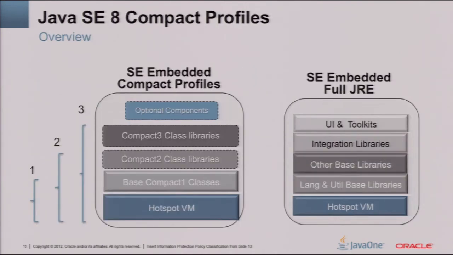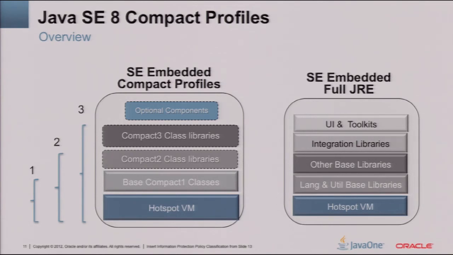And here's a picture contrasting the existing SE Embedded full JRE on the right, where we have the VM and all the base classes and the UI toolkits. On the left, we see that we will have 3 different profiles which will build upon each other. We will have our new smaller VM for the smallest compact profile, and then we'll have the base set of classes which are equivalent to the foundation profile for CDC. We're calling these things for now compact 1, 2, and 3,